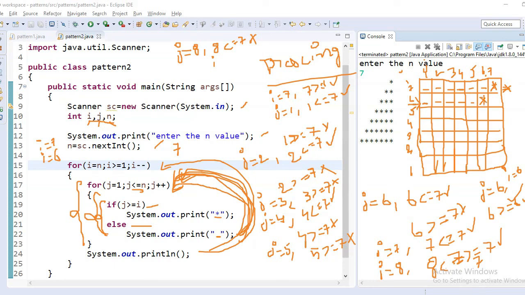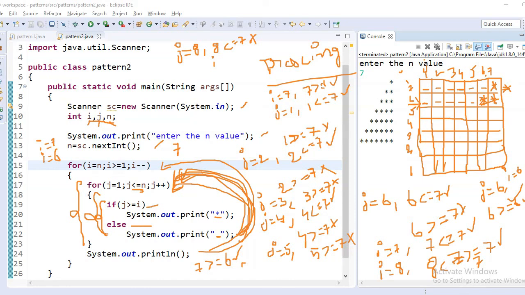Next, j value incremented by 1 to 7. 7 greater than or equal to 6, that means 7 is bigger than 6. Condition is true, so it will print star here. Next, again j value incremented to 8.